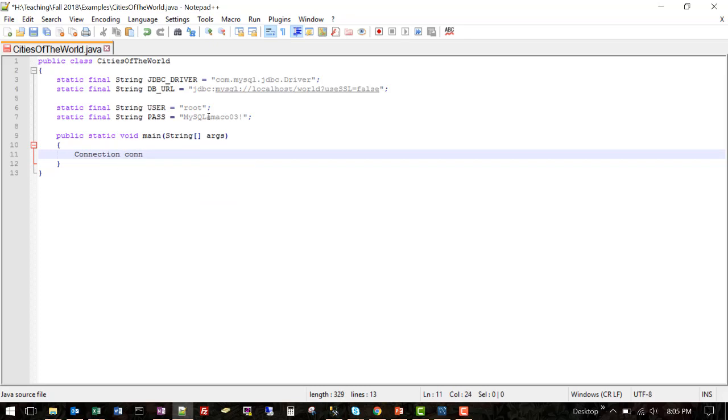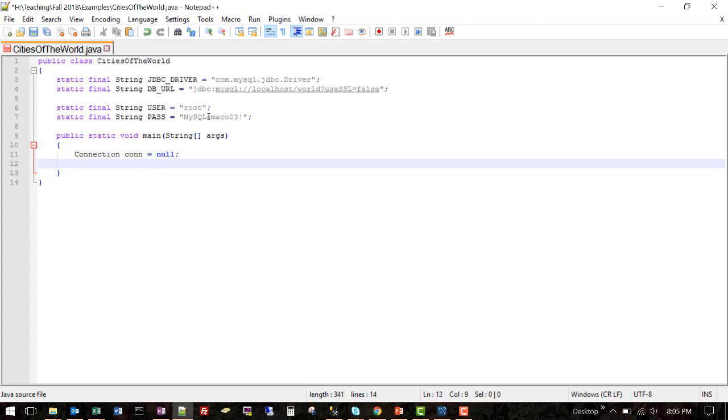I'm just going to call it CONN, and I'm going to initialize it to null, make it empty. The reason I'm doing that now is that when we go to create our connection string, we're going to have to do that within a try-catch sequence,